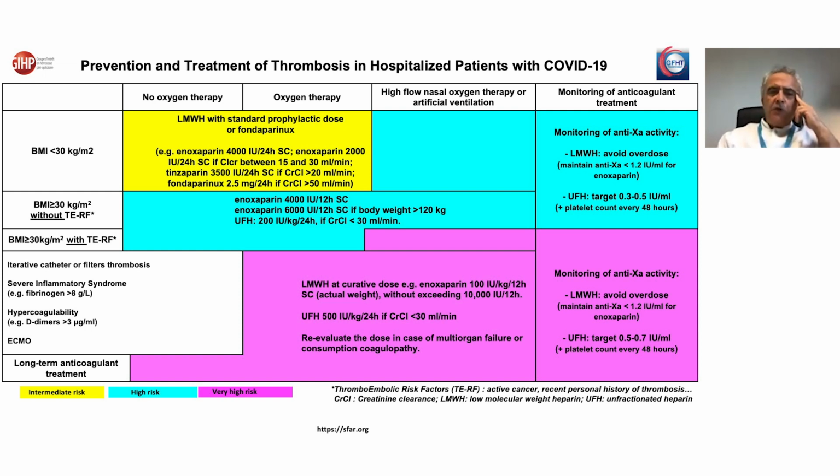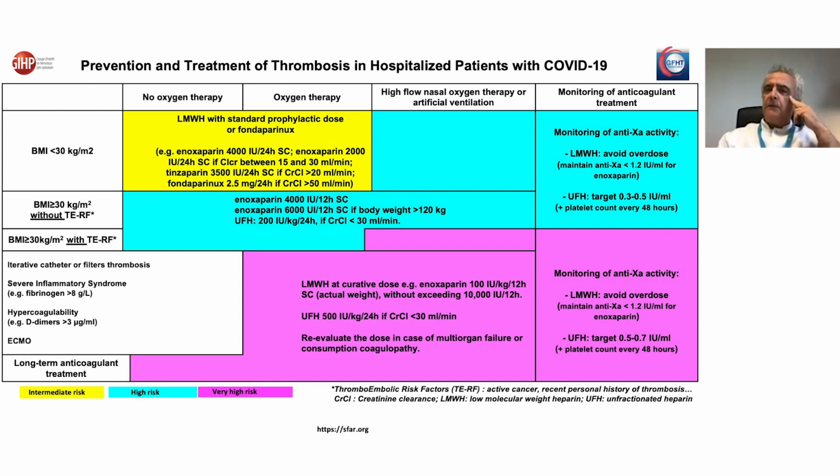We added 2 unusual parameters in this table, which are severe inflammatory syndrome or hypercoagulability based on the fibrinogen level. We give an example of fibrinogen higher than 8 grams per liter or D-dimers higher than 3 micrograms per milliliter, where we suggest to use, even without obvious symptomatic thrombosis, curative therapeutic doses of either low molecular weight heparin or